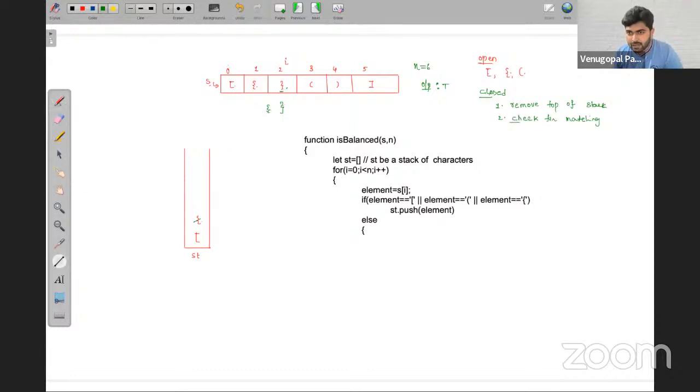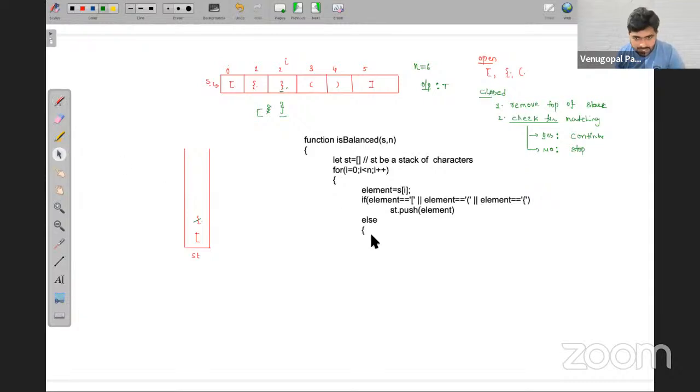When you are checking for the matching, you will get two things, friends: yes or no. If it is yes, then continue, go for the next element. In case it is not matching, then you can stop and say it is not balanced.